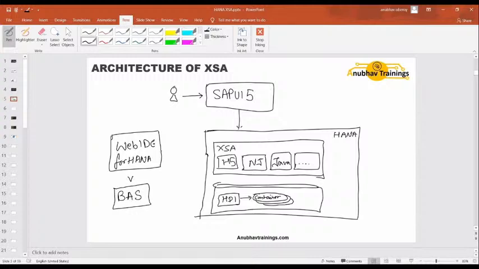This tool, as you can see, is one single tool for all kinds of modules, be it an XSA module with Node.js, or a UI5 module as well. That's the capability we get with the Web IDE for HANA. And that is what I will be using today to show you at least this. So today, let's keep it simple and just create a database table with some data inside